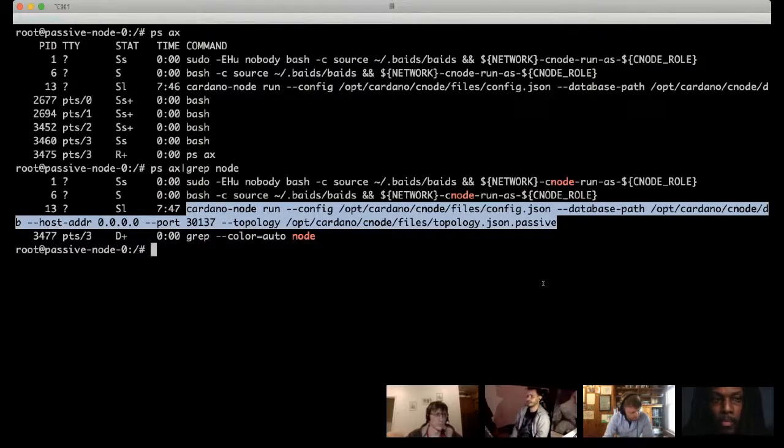And Mary is the era that will bring us new multi-assets and token minting and all that stuff, which is pretty exciting. Awesome. Okay, and then so now base layer, mainnet,